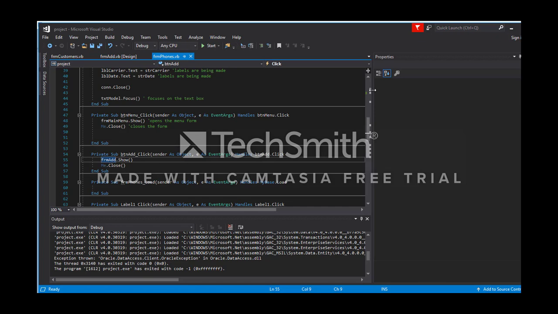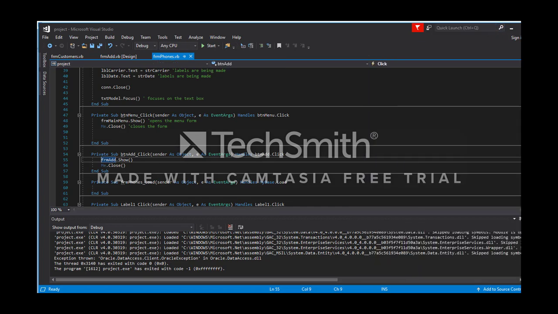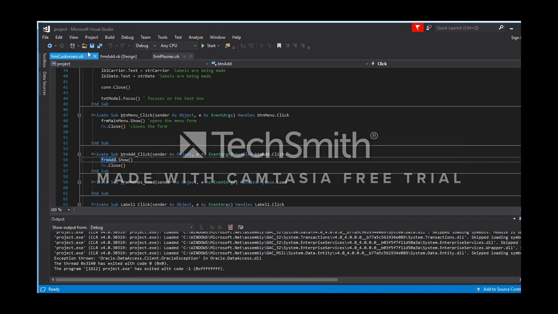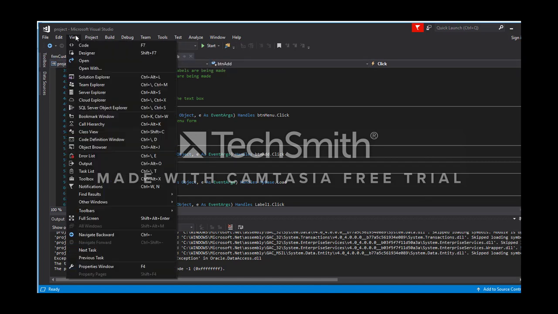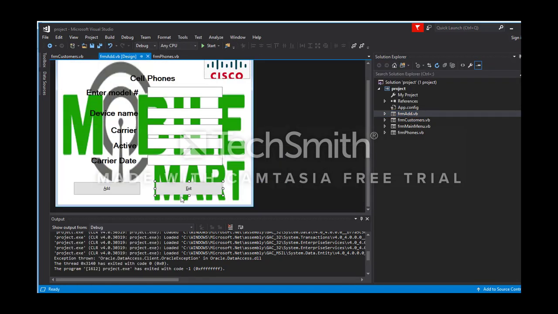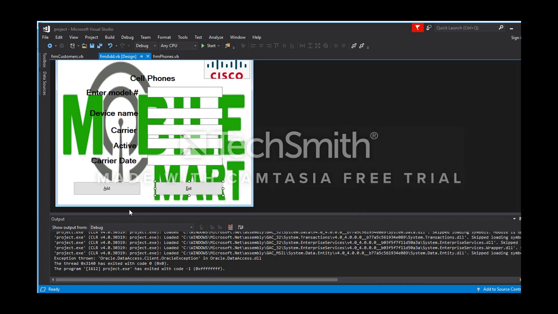Let me get this out of here. View, Solution Explorer, and the add form. On my add form, we go to add,